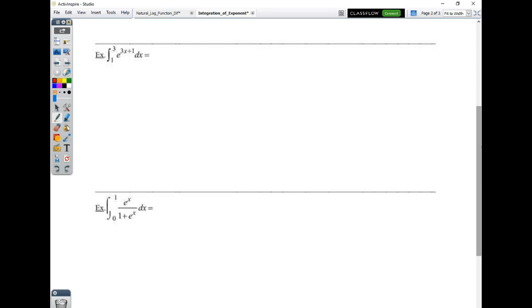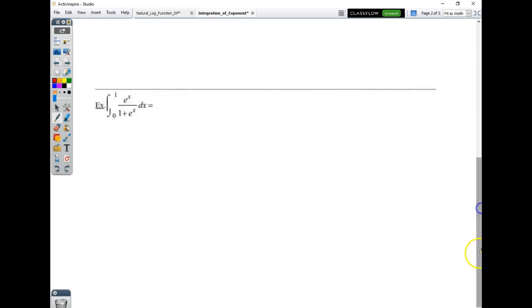Let's go ahead and go through this last one real quick. If you want to go ahead and pause the video and try out this last one, I'll give you a moment to pause and do that. Hopefully what you recognized is just like the previous question, u would be 1 plus e to the x, making du e to the x dx. So this problem eventually turns into another natural log antiderivative, where when x is equal to 0,